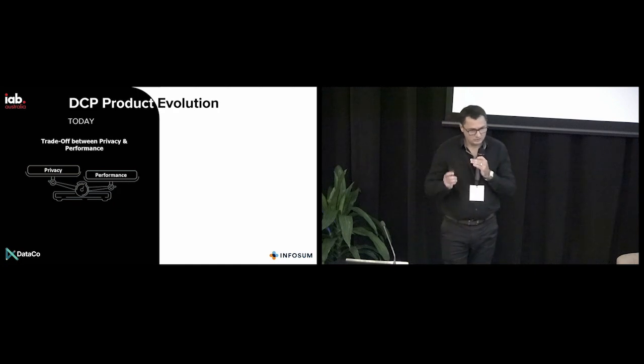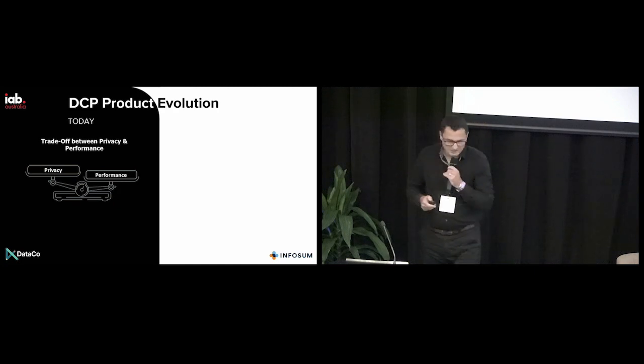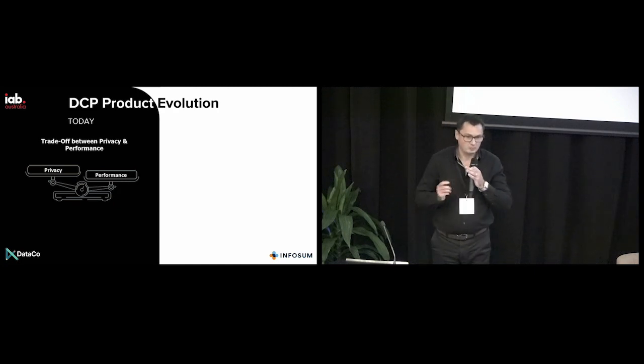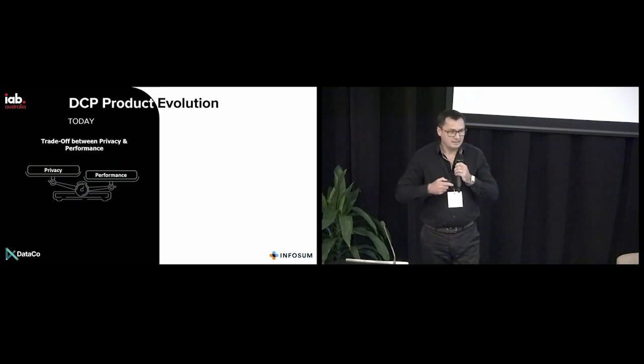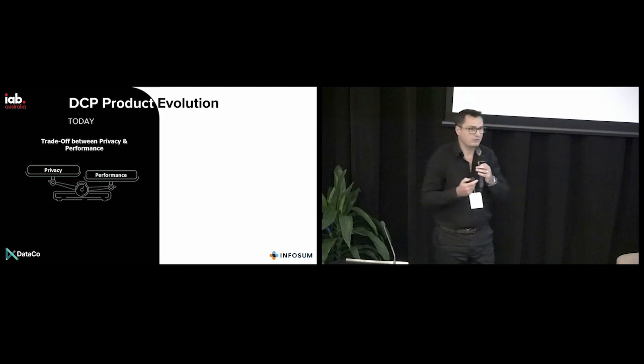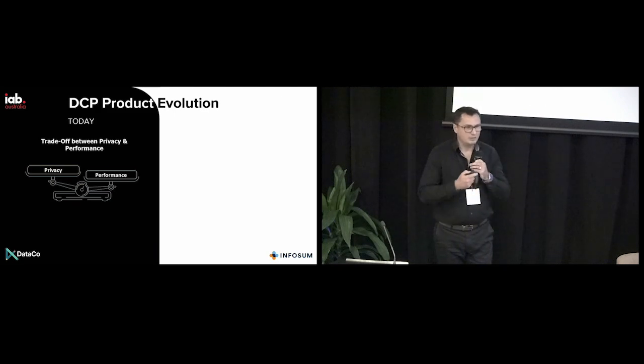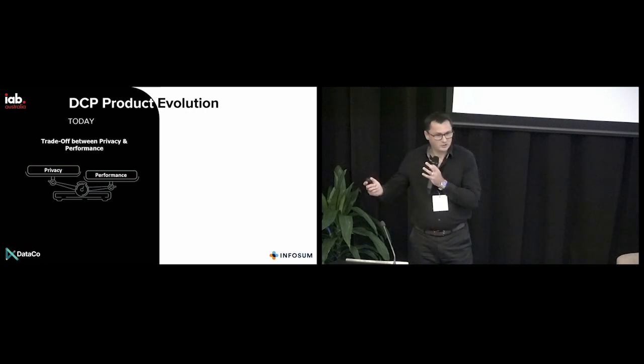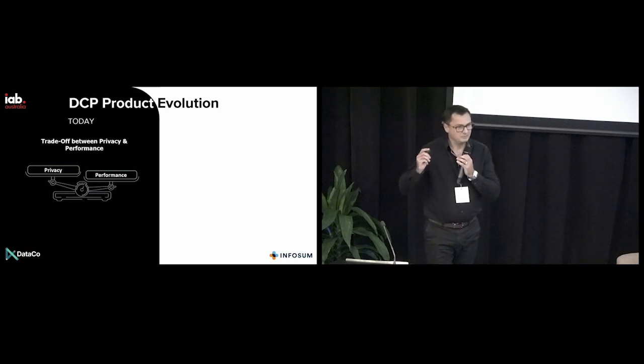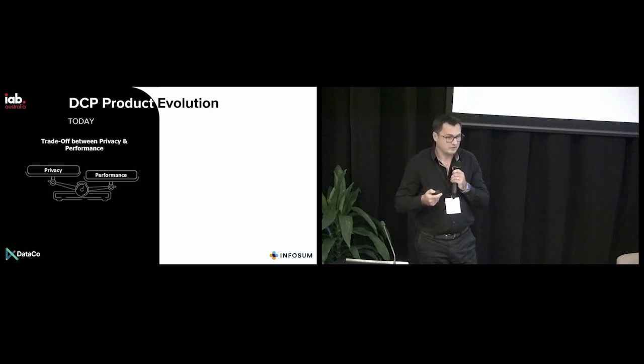Secondly, this is a much less technical slide than Danny had, but essentially what Danny referred to there is in the past there's often been this trade-off between privacy and performance. You can put things in a box and not let anyone have access to it, but it's pretty useless. Or you can get a whole bunch of PII and throw it into the programmatic ecosystem, not very privacy safe, but very high performance. You're going to see more and more shifts away from having to do this.